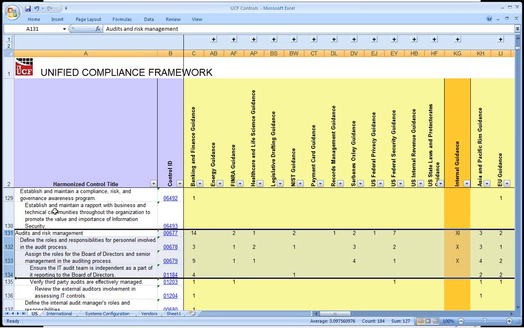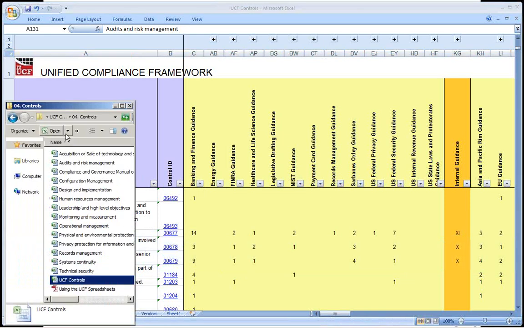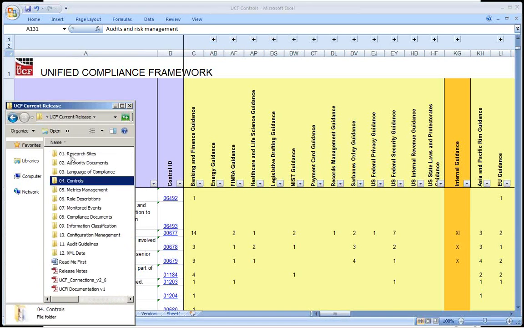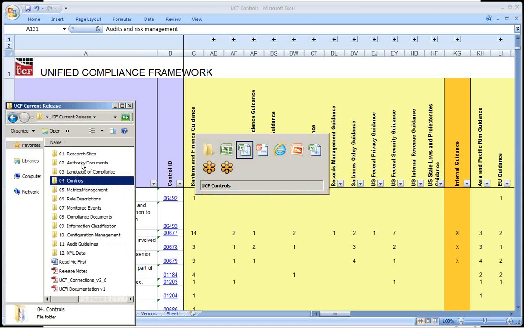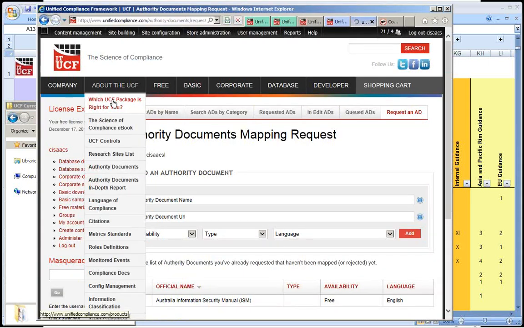Great. Could you explain a little bit the difference between the corporate zip download and the other basic zip download, and which should people be utilizing? Yeah, actually, let me go to there's something on our website that actually shows it as well. Under About the UCF, which package is right for you,